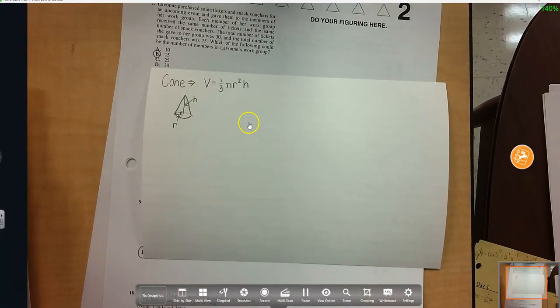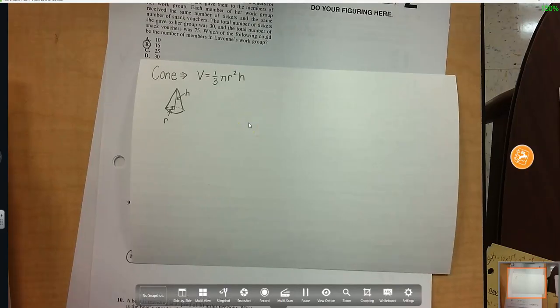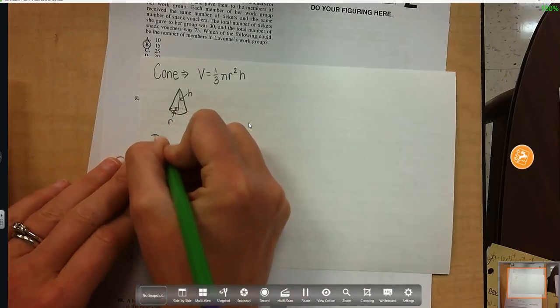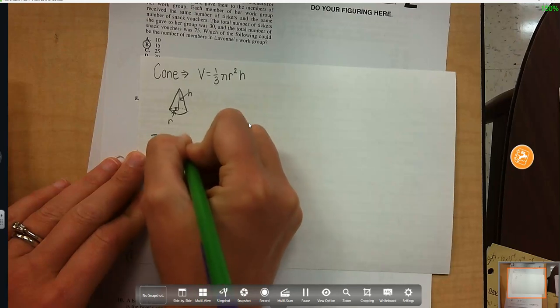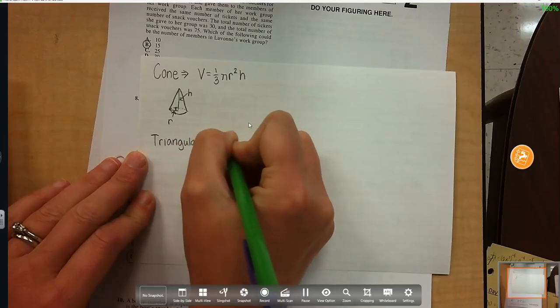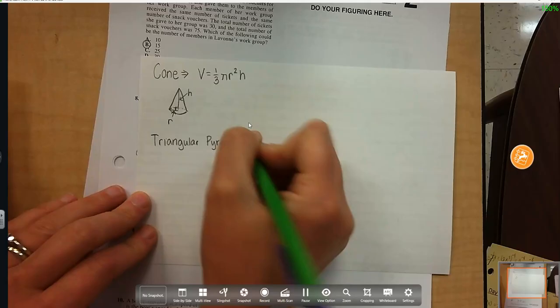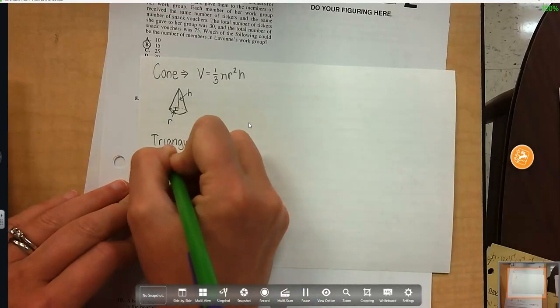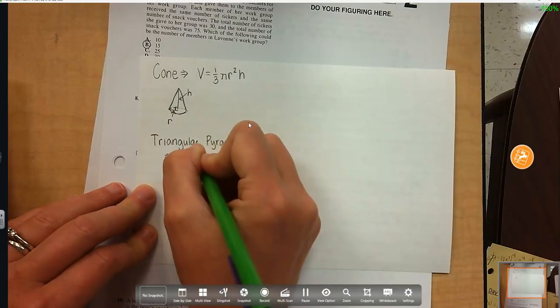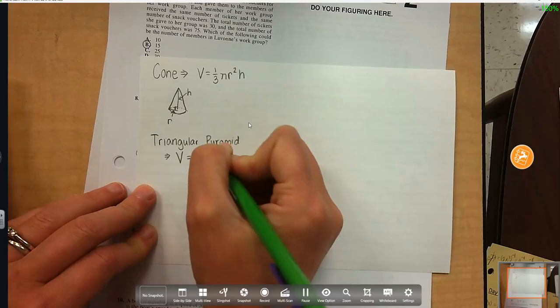The last thing that we added yesterday was a cone. So let's add now, we're going to add a triangular pyramid and a square pyramid. So triangular pyramid is going to be, our volume is going to equal 1/3